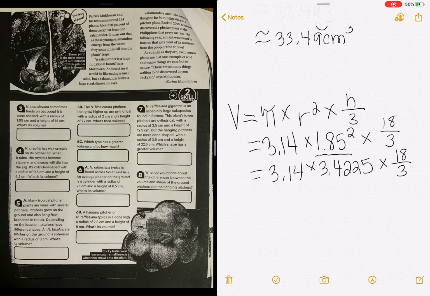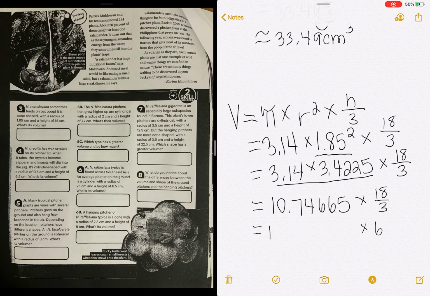Again, order of operations, we're going to do multiply, divide, left to right. So the first problem we're going to do is the 3.14 times the 3.4225. In your calculator, you should get 10.74665. And we're going to times that by 18 over 3. Now we can do the 18 over 3, which is 6. So we're going to be multiplying the 10.74665 by 6. And we get